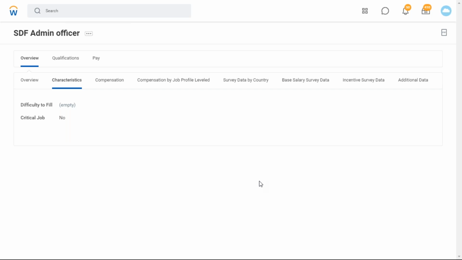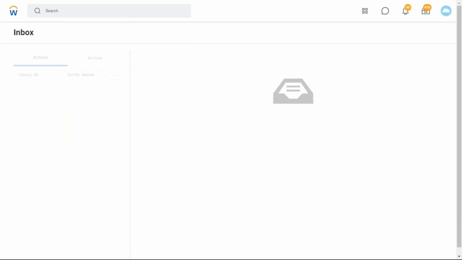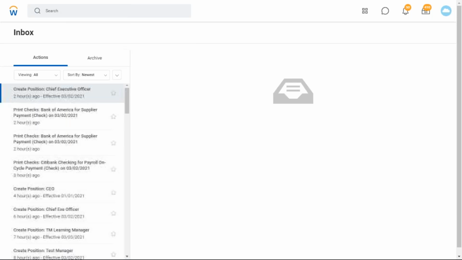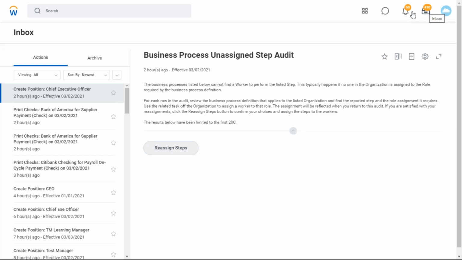Fine. This is about the basic tenant additional navigations. Inbox, I already told you. If you are a manager and anyone applied for leave, the request will come to your inbox. If you approve or reject the leave, a notification will go to the requester. If you're the benefits administrator, benefit-related transactions are there. If you're a compensation administrator, compensation-related tasks will come to your inbox based on the role.